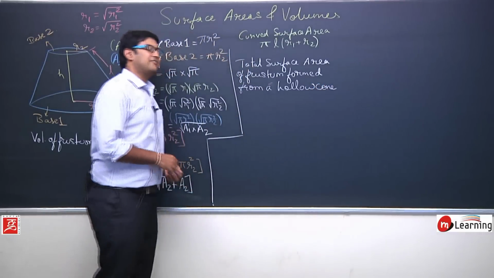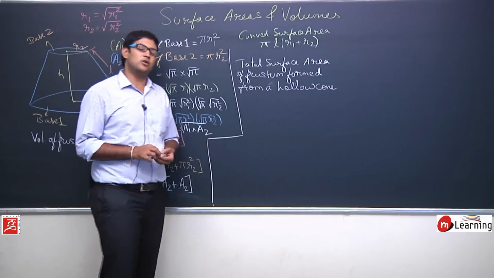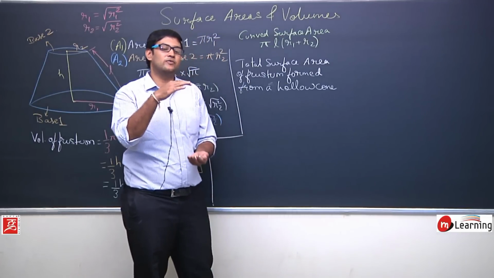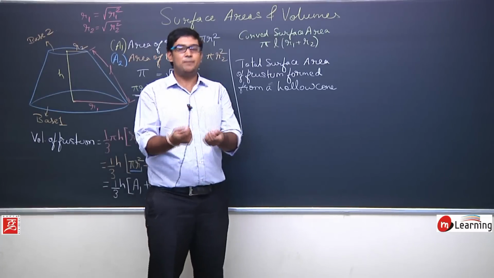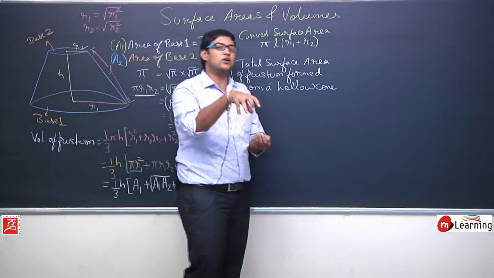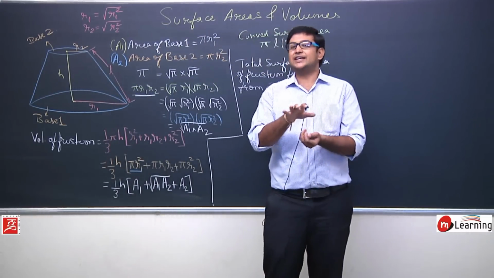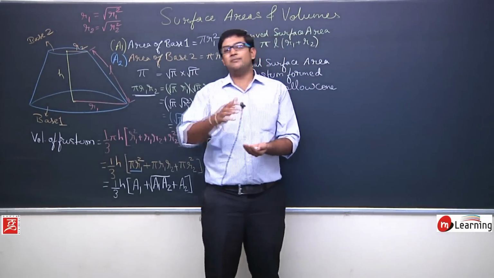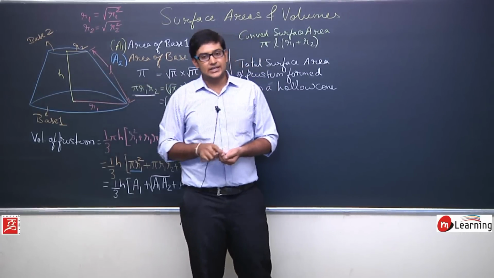Okay, first we will define the total surface area formed from a hollow cone. That is, if I have a right circular cone which is hollow, which is made up of paper, in the inside of this cone there is air, nothing else. So in that cone, if I cut that cone and make a frustum, what you will see is